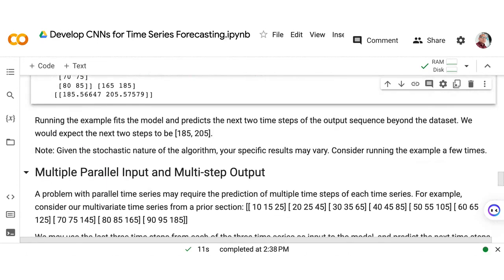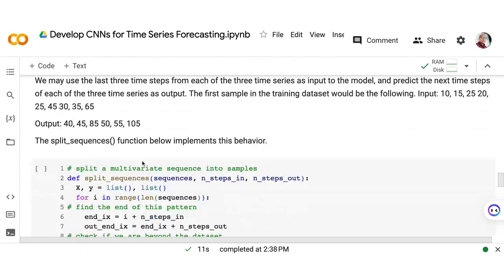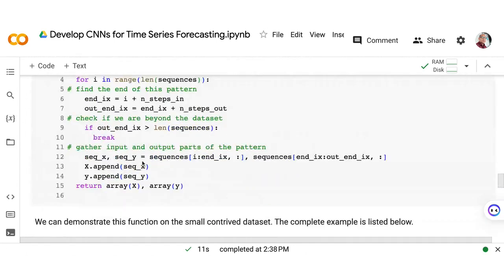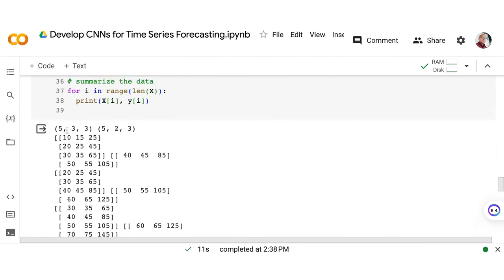Right. Now, what about multiple parallel input and multi-step output? What will it look like? As you can see here, the dataset should look like this. It means we have multiple steps.